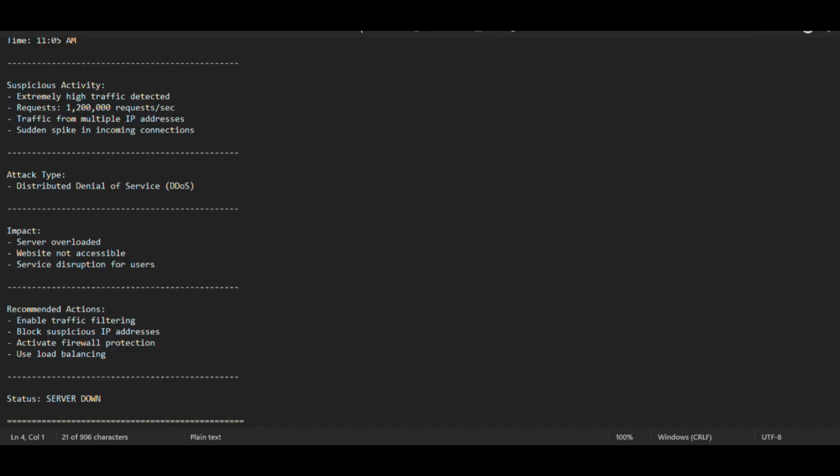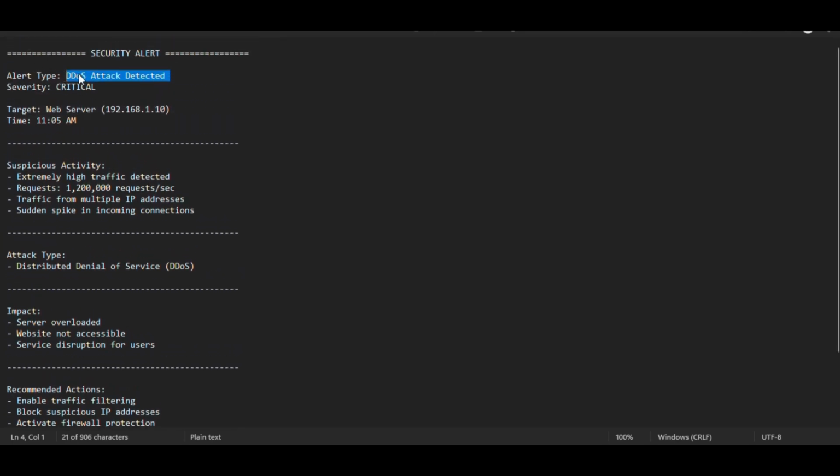Demonstrate a DDoS attack, which stands for distributed denial of service. You can see here the alert type is DDoS attack detected. Severity is critical. I am using these demo logs to demonstrate this DDoS attack. Okay,